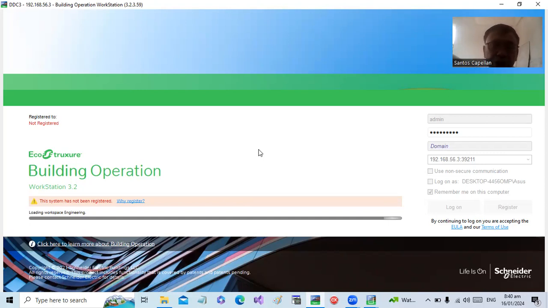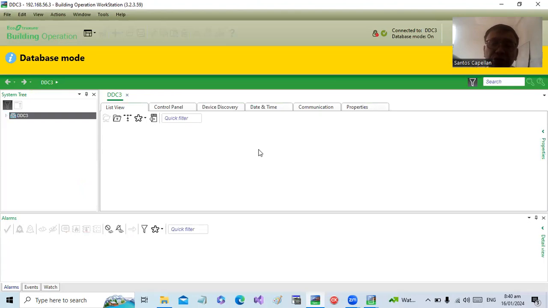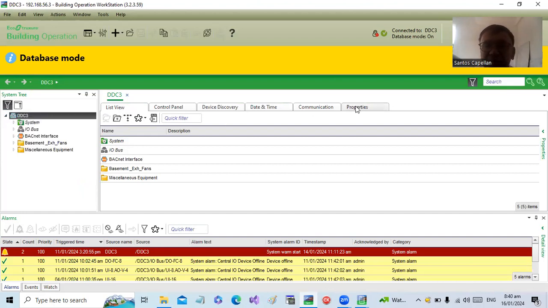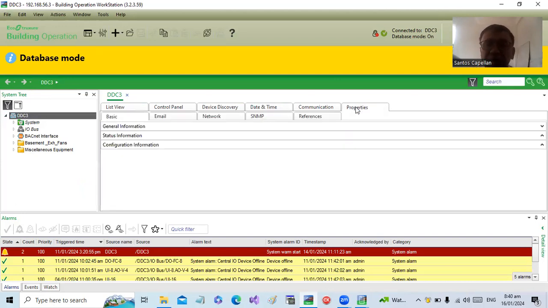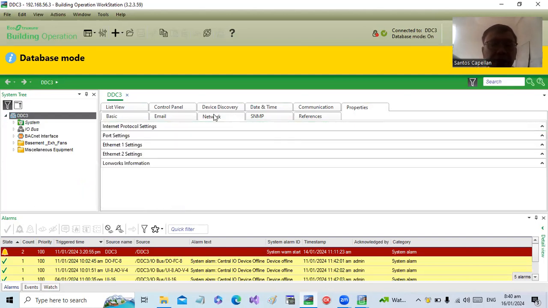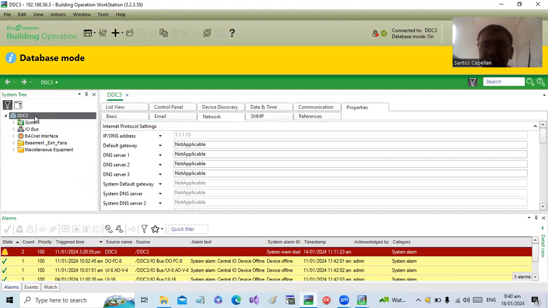Now you want to work on this server. So from this workstation, you will be doing the actual configuration of the server. So when I say actual configuration, this is my DDC3. Now DDC3 properties, let's see the properties then. Network. Now actually this is an ASP. ASP doesn't have any built-in IO, so it has an IO bus. So from the IO bus, this is where you are creating the